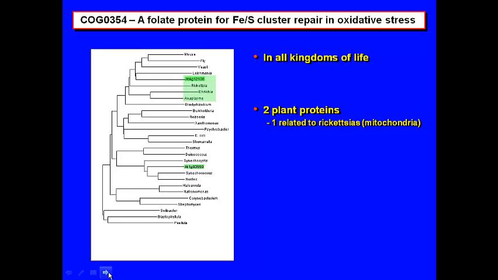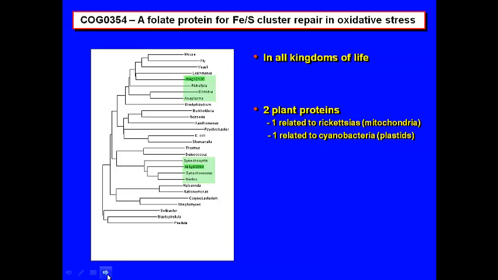You see it's phylogenetically coming out with the rickettsias. These are the closest living relatives of the progenitor of the mitochondrion. And the other one is clustering with cyanobacteria, and of course these are the living relatives of the progenitor of the plastid. So that's a nice story, and you actually see that not uncommonly.